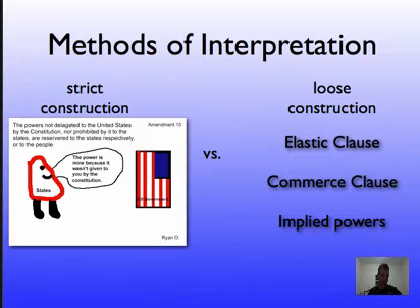Federalists, on the other hand, believed in loose construction. Federalists emphasized the elastic, or sometimes necessary and proper clause, and the commerce clause. And they saw these two things as creating what are called implied powers. In other words, Federalists, loose constructionists, believed that the federal government had more power than what was specifically listed, that there were also powers, if you read between the lines, that are implied that our federal government is allowed to carry out.